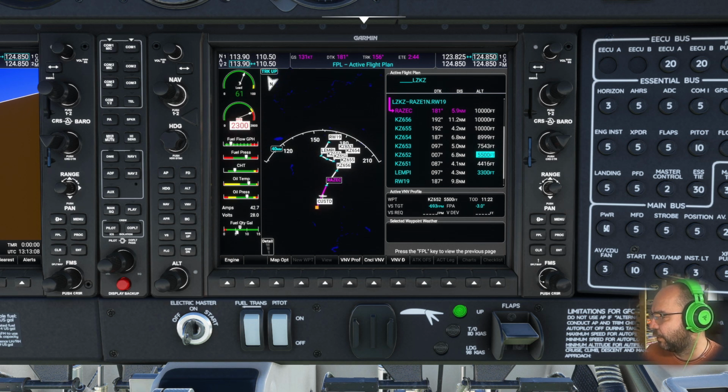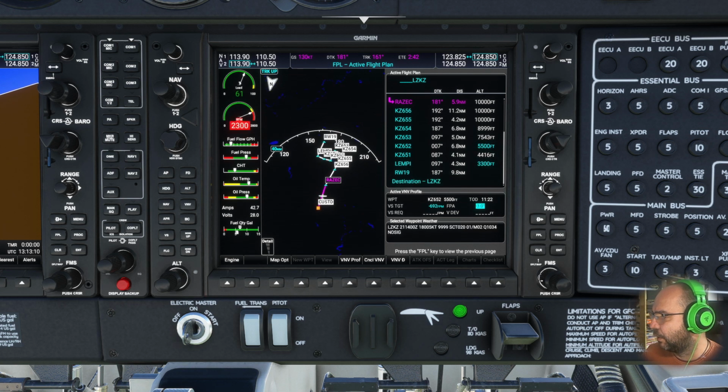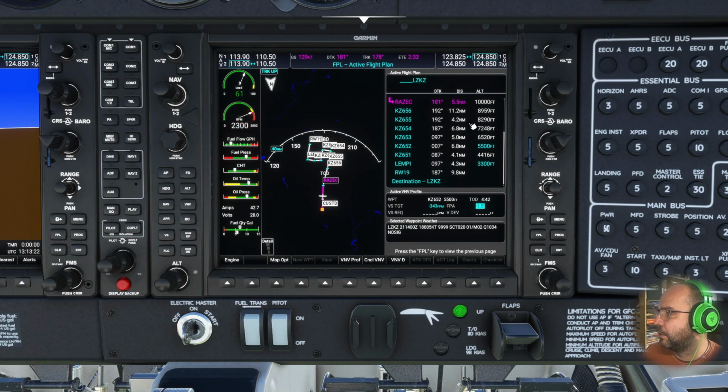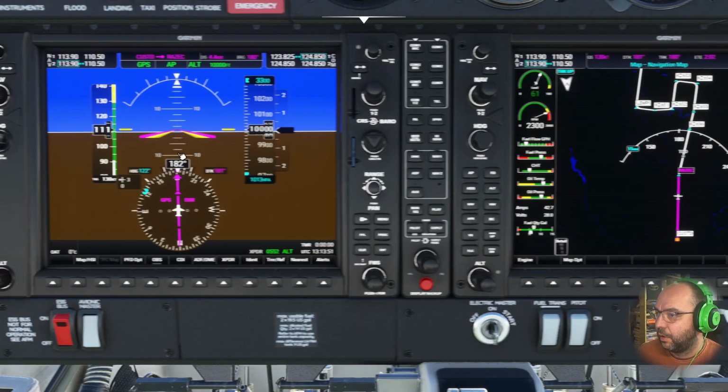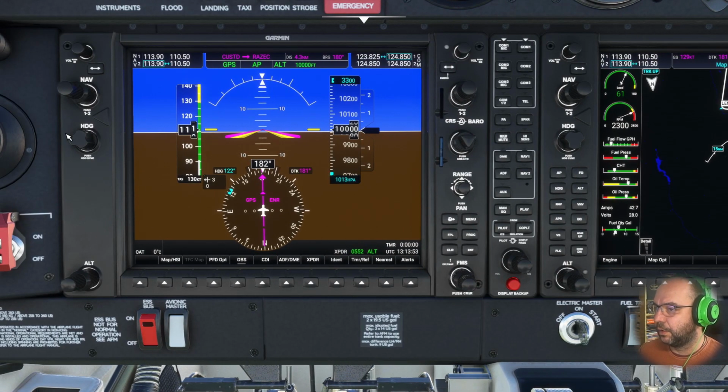So it's a bit of a fight with Garmin now. I really don't want to have 3 degrees, but nothing lower. 655 is 8,300 again, and I need, no, 656 is 8,500, 8,900, so this will work. And now we have top of descent after Ražec, and we can happily go to just monitoring mode, fix the